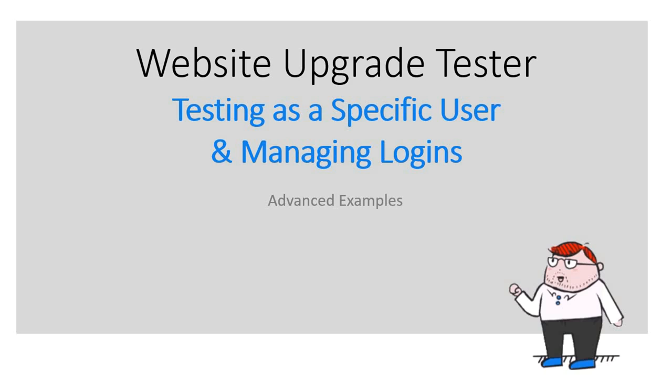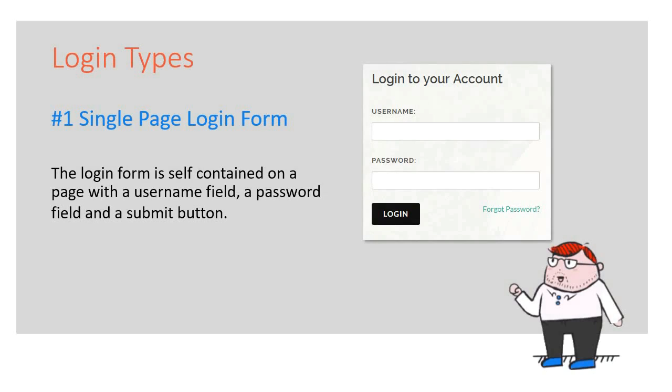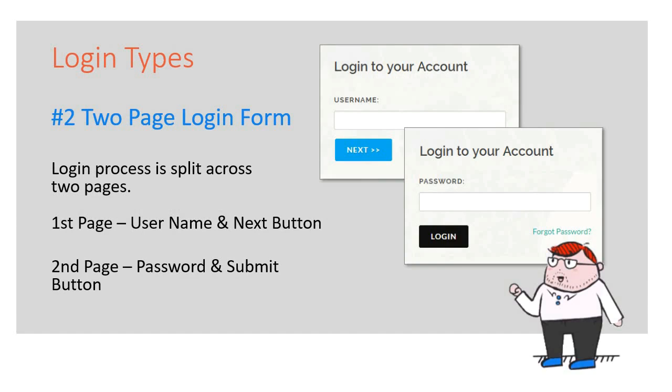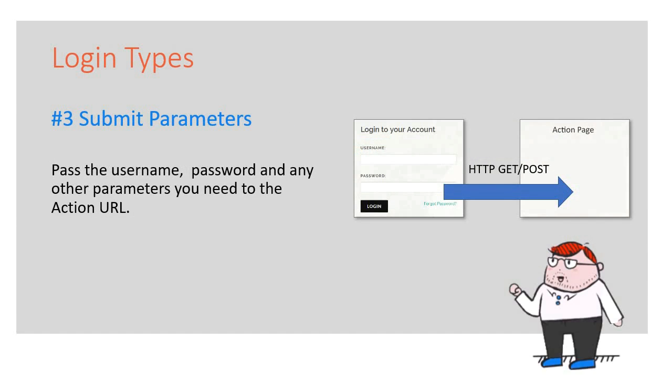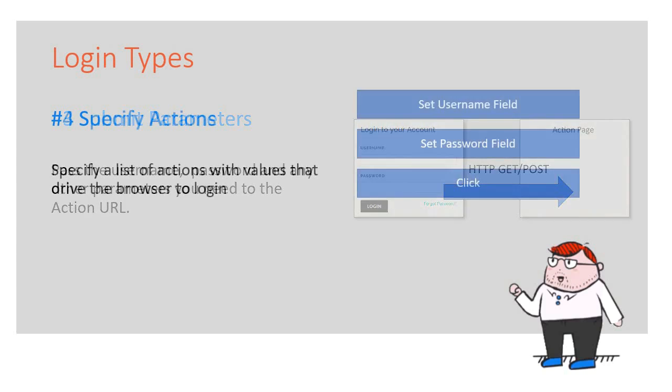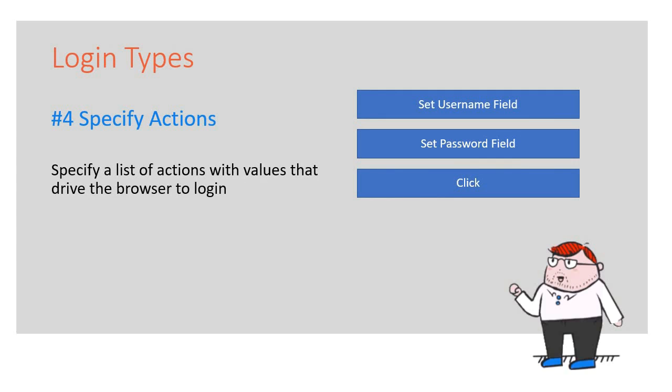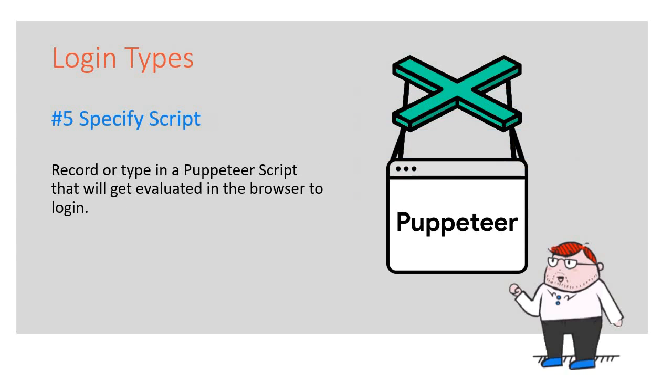As a quick reminder, the Website Upgrade Tester tool supports these 5 types of login processing. Number 1, a single-page login form. Number 2 is a 2-page login form. For option 3, we support submitting parameters through an HTTP POST or GET. The 4th option is to specify a list of actions with values that drive the browser to log in. And lastly, you can record or type in a Puppeteer script that will get evaluated in the browser to log